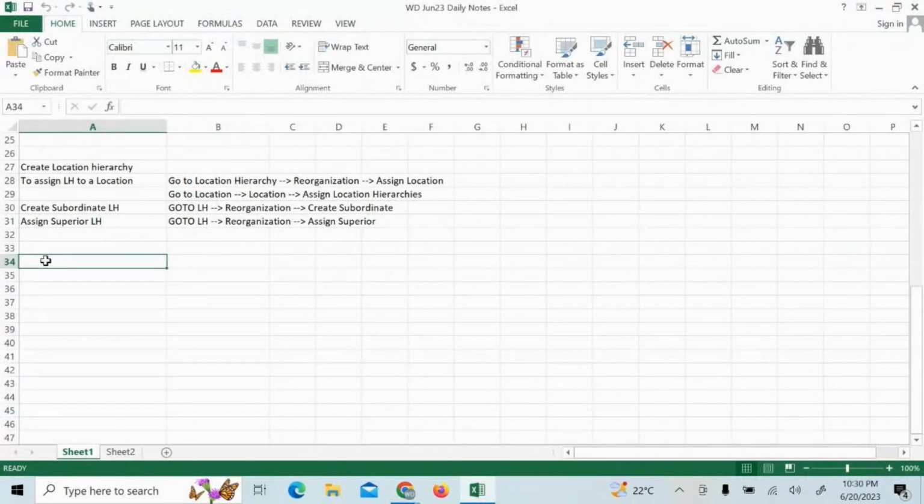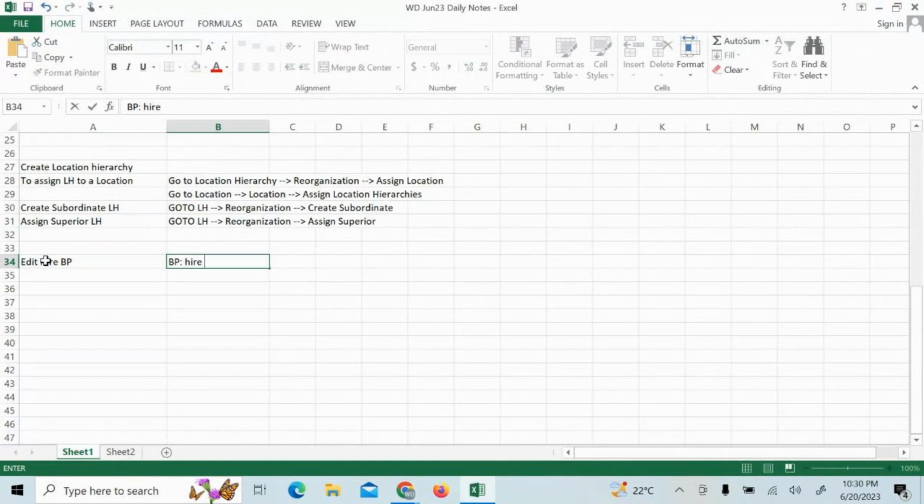Okay. So what we have done, we have edited hire business process. In search, just type BP colon hire space AV software services. That means after hire space, you have to give your supervisory organization name here. Once you have given it, go to related actions of the hire business process, then business process, then edit